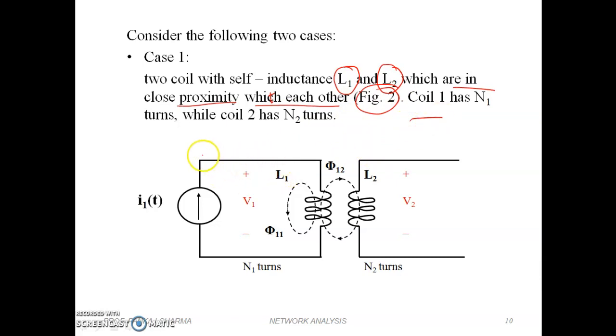Coil 1 has number of turns N1, and coil 2 has number of turns N2. This is coil number 2, number of turns N2. This is current i1(t) flowing in this circuit of N1 turns of self-inductance L1. And the flux produced in this L1 because of flowing of this i(t) through this L1,